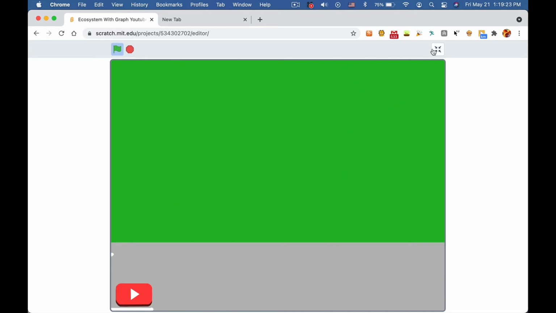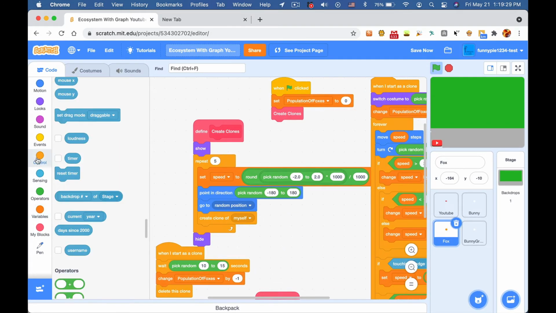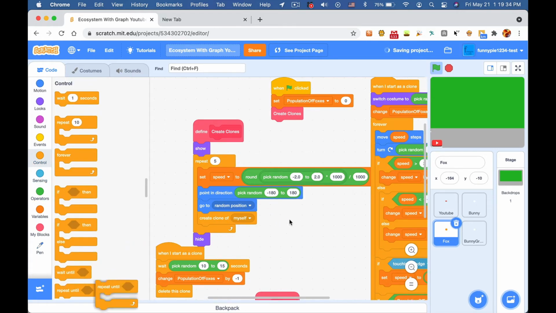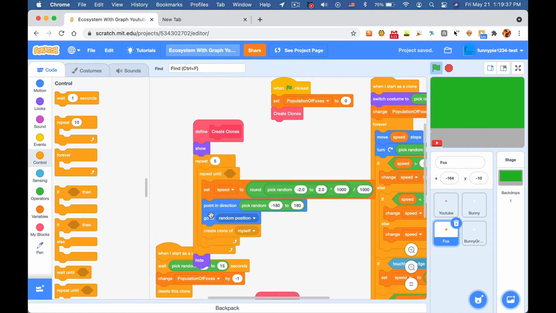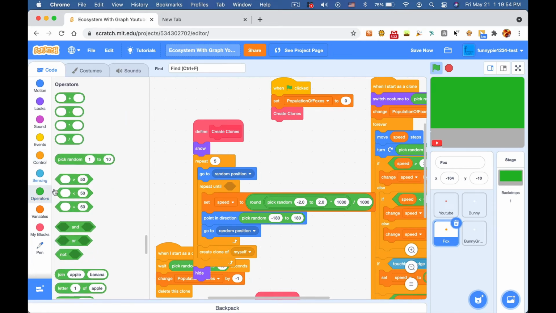So, the easiest way to fix this is, just get a repeat until, not a wait until, repeat until, and I'm just going to drag this there, and create a clone of myself, put that underneath, get this go to random position, just duplicate it, and I'm just going to move it above the repeat until, and inside the repeat until, I'm going to go to operators, not, touching color,